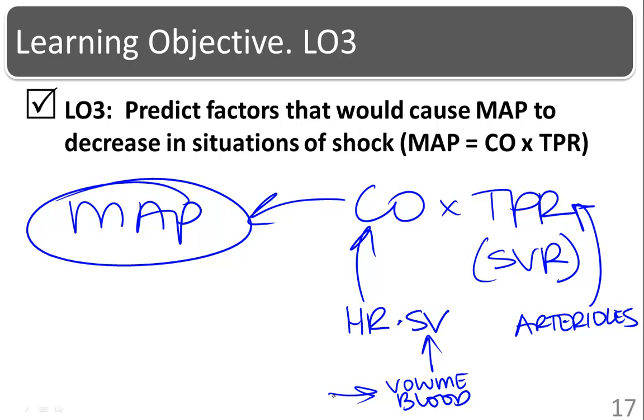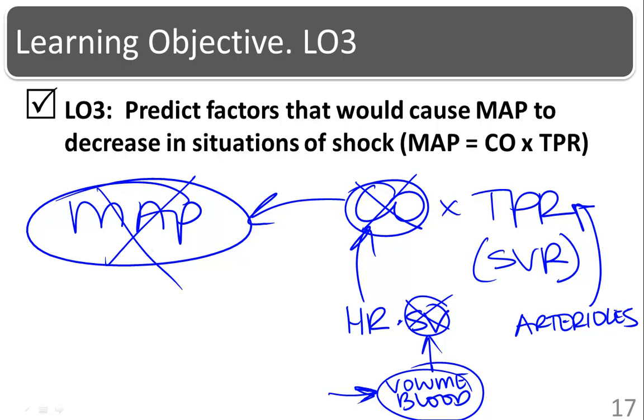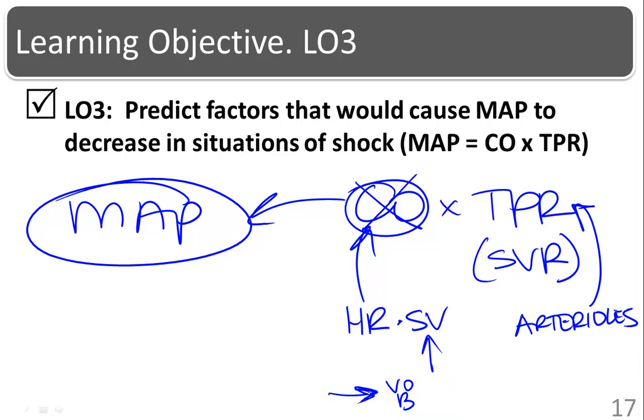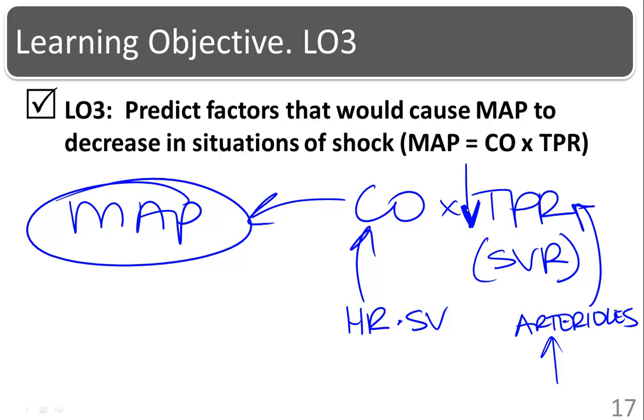Right, so if you've lost your blood volume, because we're talking about, say, hemorrhagic shock or hypovolemic shock, you compromise your stroke volume, your cardiac output is reduced, and that would cause your mean arterial pressure to be reduced. If we step back and look at other causes, we might say, well, what if your patient's in septic shock? That might cause widespread vasodilation of your arterioles. That causes your total peripheral resistance to go way, way down. Your cardiac output might actually try to go up to compensate,